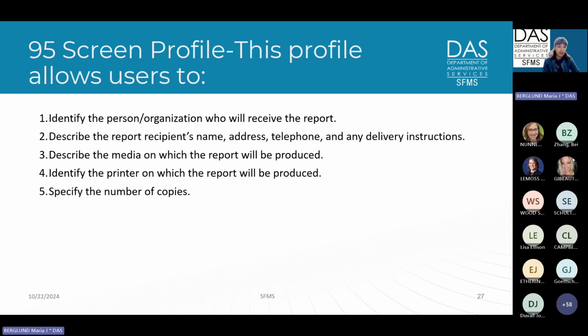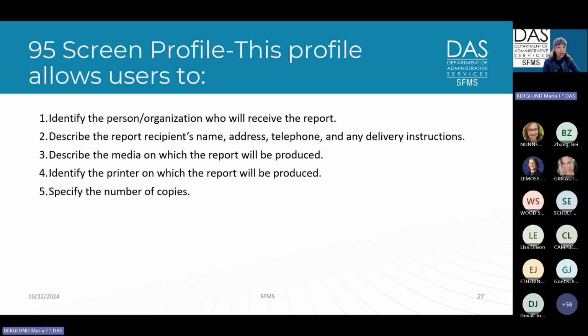If we start with the 95 screen, it will identify where this report needs to go in the system. It identifies the person or organization requesting the report, the name, address, phone number, and any delivery instruction that needs to be